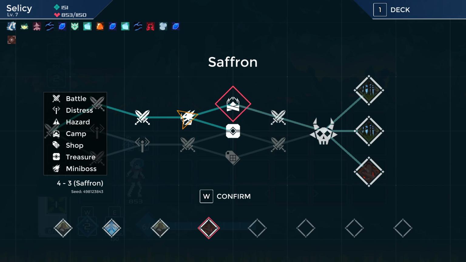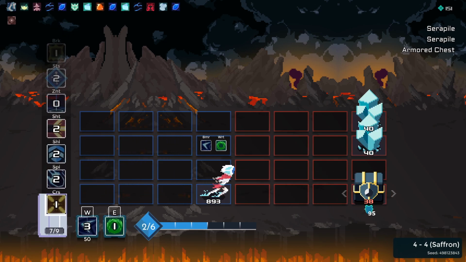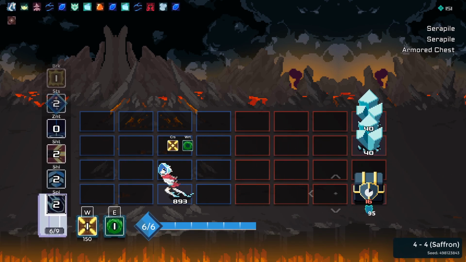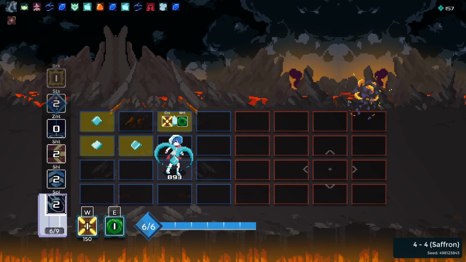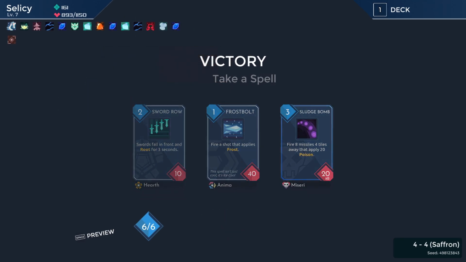Alright, so the assumption is that Saffron is an easy boss, so therefore we should take the chest. Oh, interesting, Eltrius. Yeah, you don't have to hit with it. Oh, God, I missed. That's so... okay. We could have just spammed it. I was thinking I needed to move to get the mana, but I forgot that Invader Selicy's back to 0 mana cost, not 1 mana cost, under auto attack. Sword Row is potentially good, but...